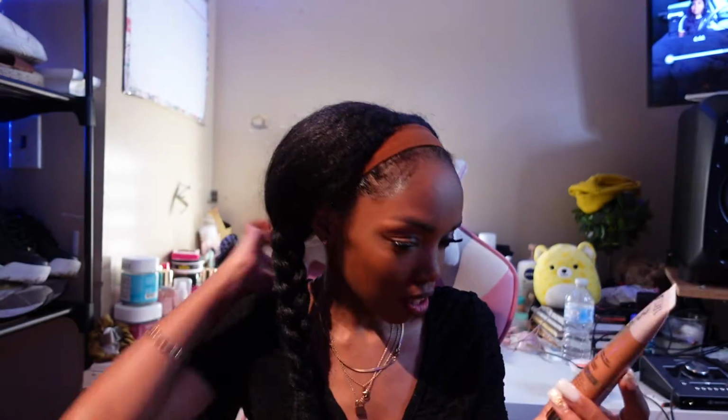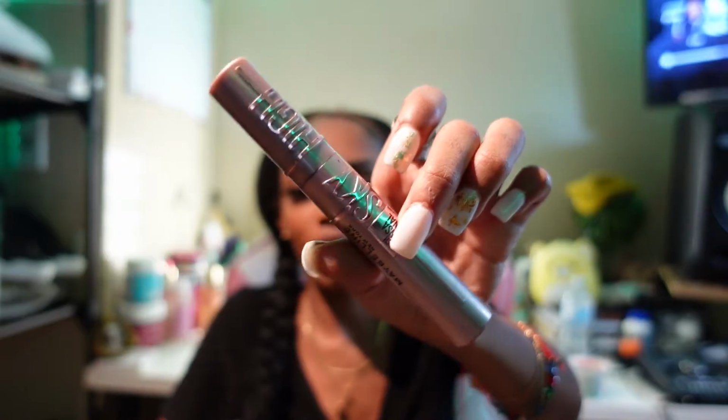I have the Milani Glow hydrating skin tint that I did a video on. If you guys haven't seen it, I'll put it up here. I was explaining in the other video that I don't really use foundation, so I'm into skin tints and CC cream and stuff like that. Next I see mascara, and this is the Maybelline New York Lash Sensational Sky High mascara, and this mascara is